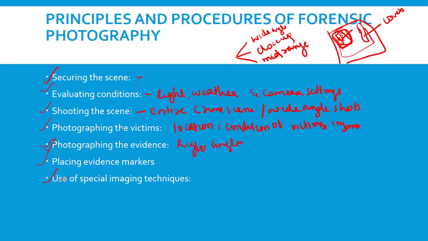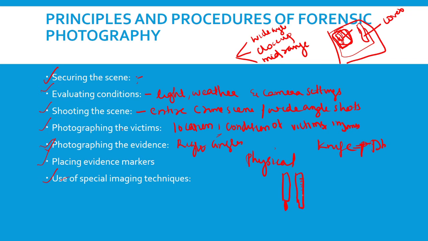right angles, eliminating probable distance distortions for clear visualization, and each part of the evidence should be photographed with a scale. So here, while taking the photograph of the evidence, for example, if you are taking a photograph of a knife, the knife is the physical evidence here. So while taking the photo of the knife, you have to keep a scale.